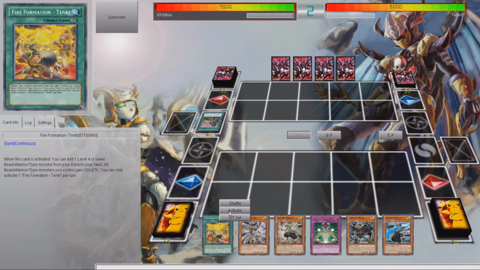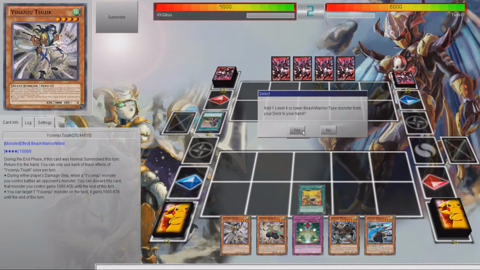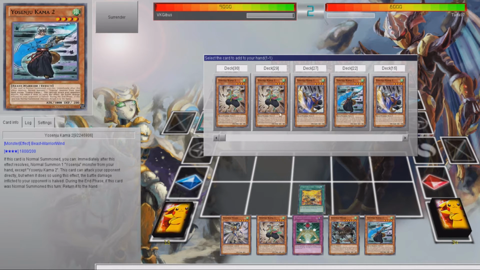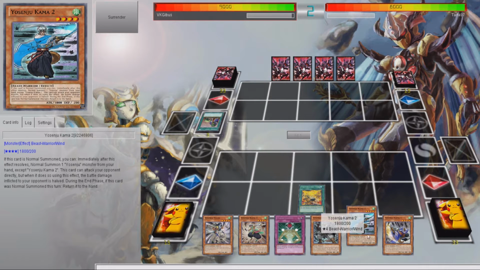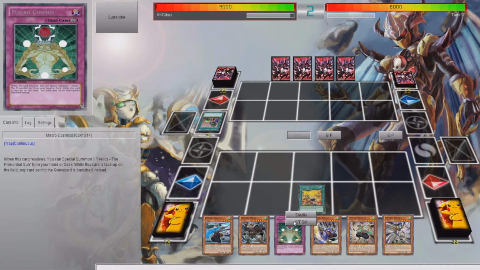or the good old-fashioned pendulum build that they have. Now, the reason I think that this deck is top tier is based on a pretty simple reason. It has a great ability with these Commas that they can just consistently be normal summoned from the hand, which